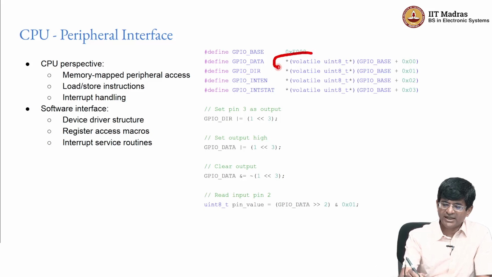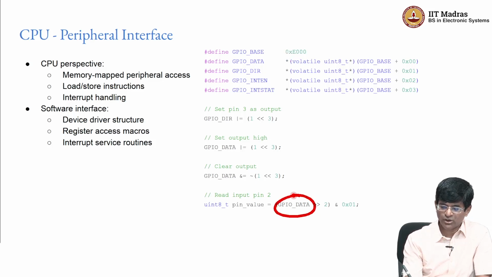And by essentially defining it as a pointer, what it means is that when the compiler actually works, it will generate an instruction which will be a load or a store instruction. So if I try writing something to a GPIO direction register, it would take this pointer and try to perform a store operation to that, right. If I try to read some value back, for example, if I want to take out the GPIO data, it would basically read from this location, and that would be a load operation that comes in over here, right.